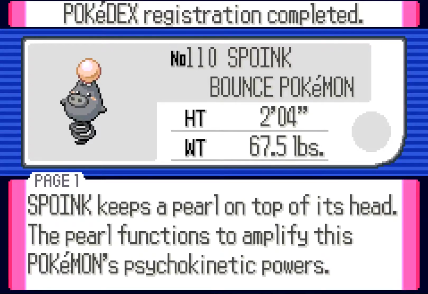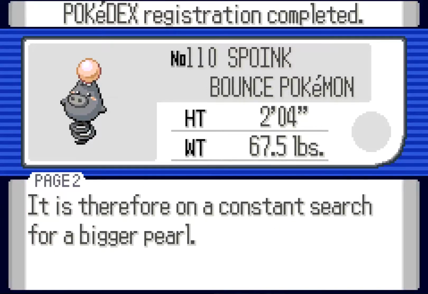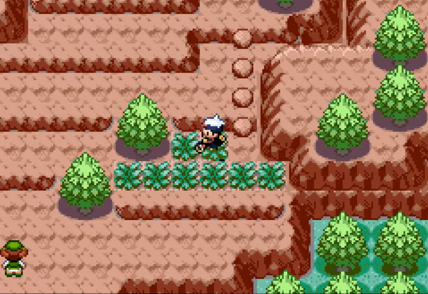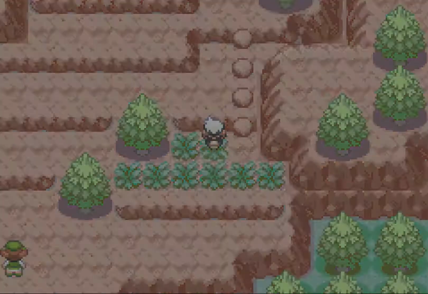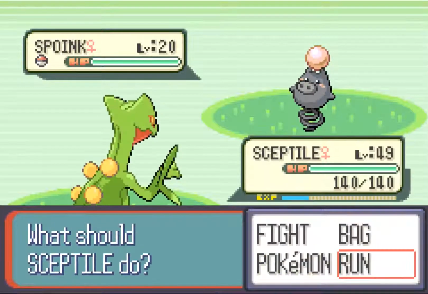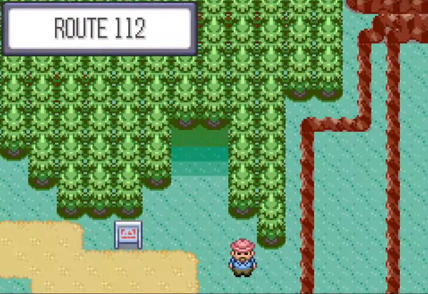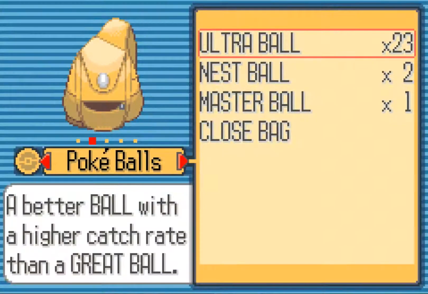Spoink, the bounce Pokemon. Spoink keeps a pearl on top of its head. This pearl functions to amplify this Pokemon's psychokinetic powers. It is therefore on a constant search for a bigger pearl. And that is, I believe, the source of many little things in the anime. But anyway, what we're going to do now is...